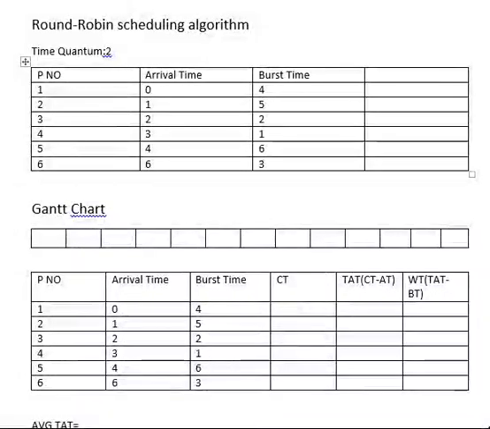In this video we are going to discuss the round robin scheduling algorithm. In this particular algorithm, each process is given a time limit for execution. As you can see here, we have written time quantum equals 2. That means although a process is given a chance for execution, it is not allowed to execute completely unless it requires no more time than the given time quantum.